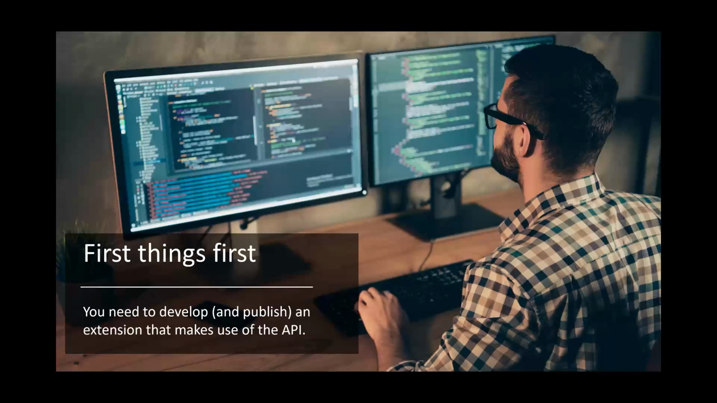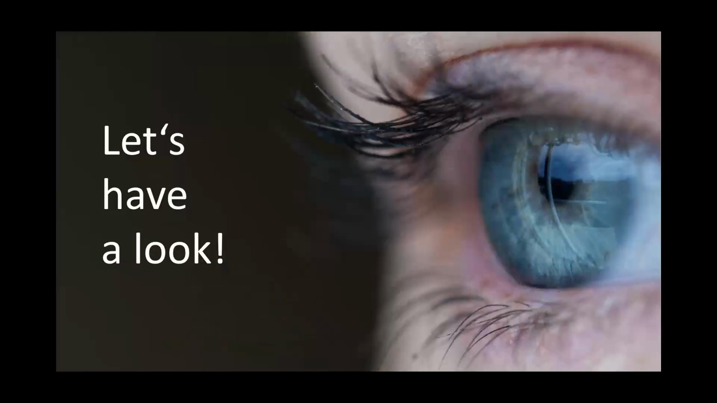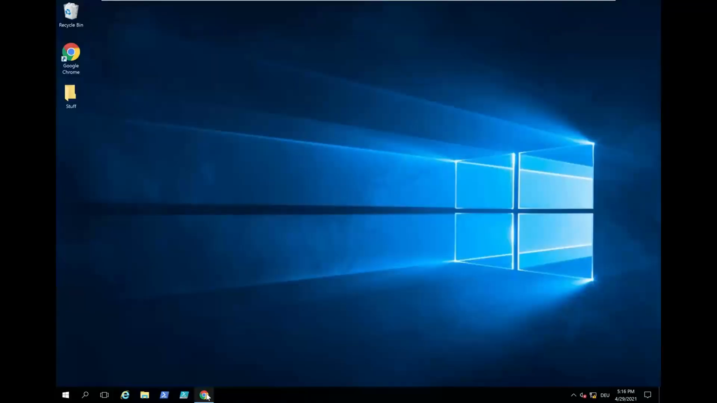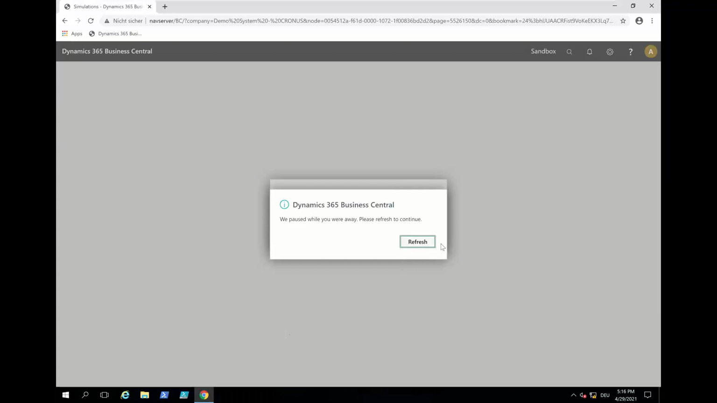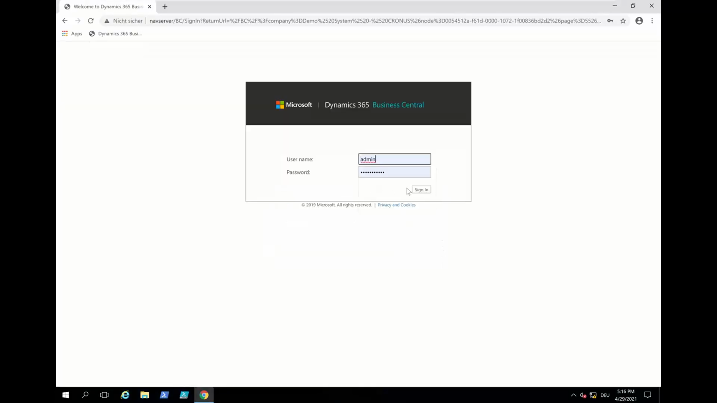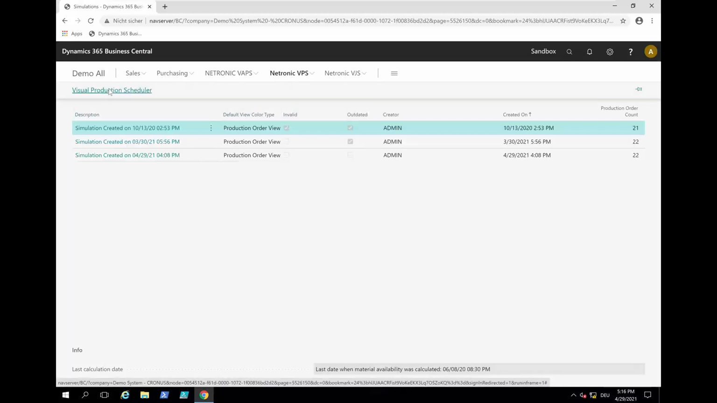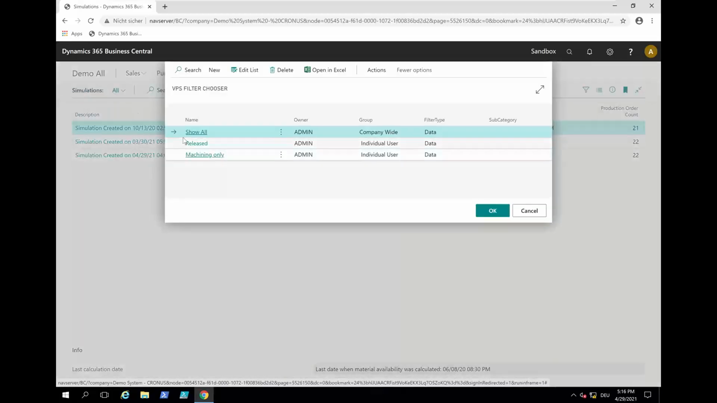And this actually is something that I would like to show you now as the very first step of this, because Sasha and team built an extension for me so that I can show something of those things that I just talked about. So let me quickly log back into my system, and here we go. This is the VPS wrong product for the time being. Let's go to the visual production scheduler, use the show all filter,